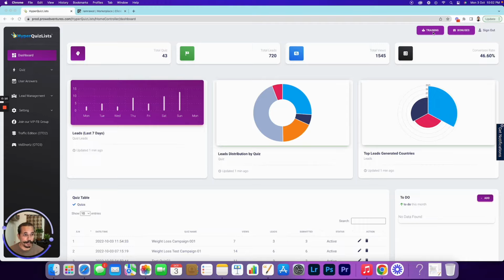On the right top you can see the training area, the bonuses, and on the left side you can see the complete dashboard. So there are 4 important options: quiz option, user answers. So this is where you are going to create the quiz. This is where you can see the answers of the people who took these quizzes, and the lead management, where you are going to set up your follow-up emails, and the last one is the SMTP and the autoresponder setup, where you can link your autoresponder or you can link your SMTP profile and you can start sending the emails